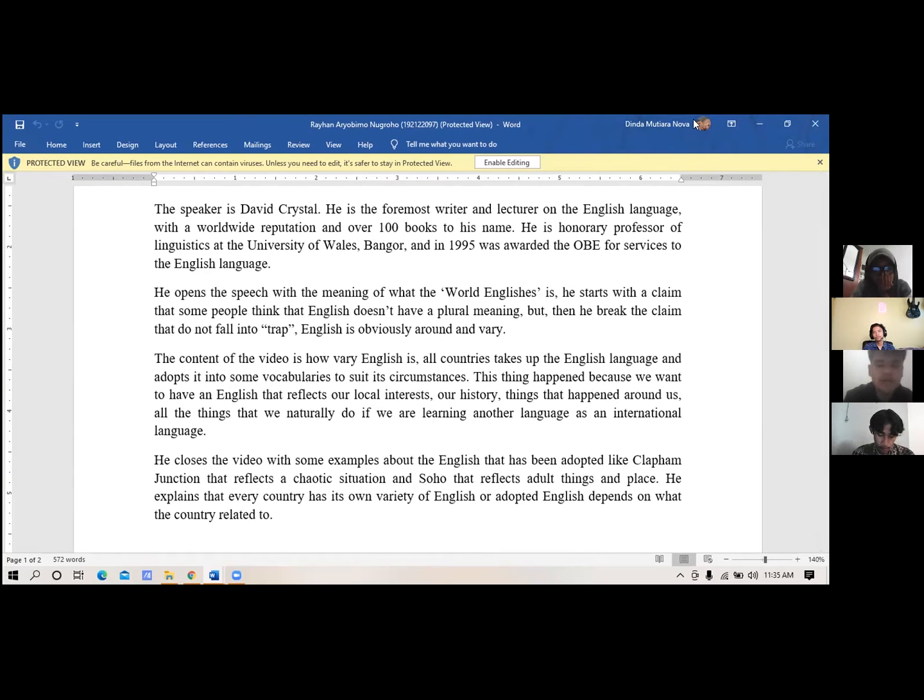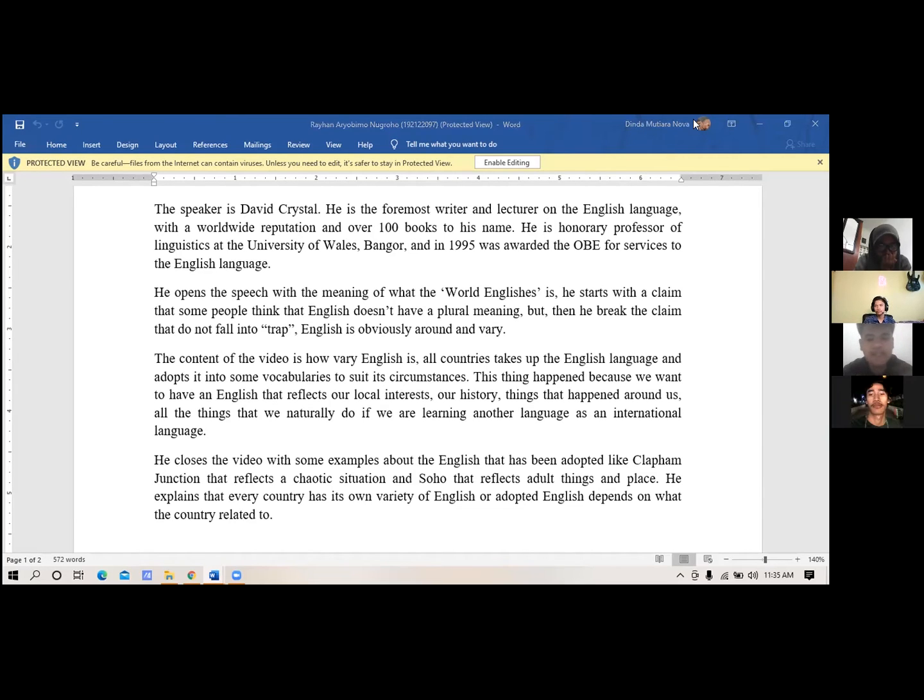In this case, what I mean about plural and varied is English could be adopted. English could be suited into some certain culture or some certain country. And the next is the content of the video, how varied English is. All countries take up the English language and adopt it with some vocabularies to suit its circumstances. This happens because we want to have an English that reflects our local interest, our history, things that happened around us, and all the things that